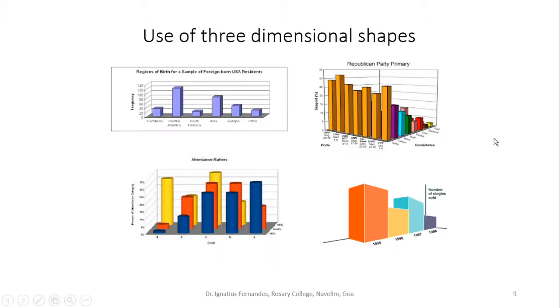You will also come across three-dimensional shapes sometimes, which are very attractive, but I would recommend not to use them. If you look at this bar graph, which is a three-dimensional picture, though it looks very interesting, very attractive, it does not give you the actual value, or sometimes you may misinterpret what is the value of these bars, like it is 20 to 40 here.